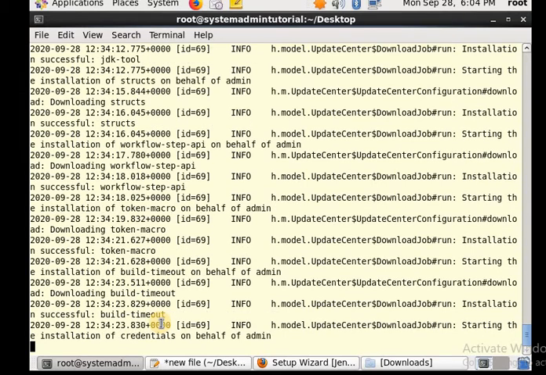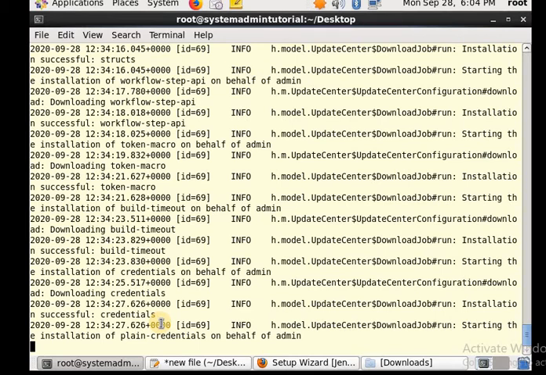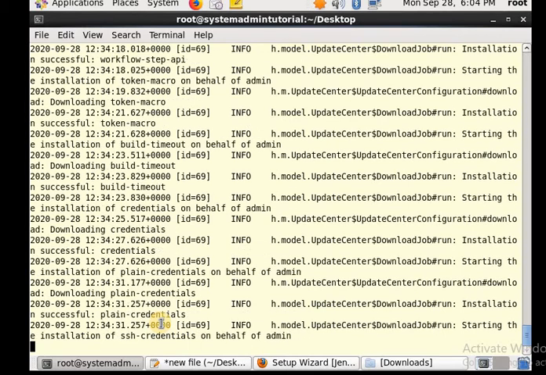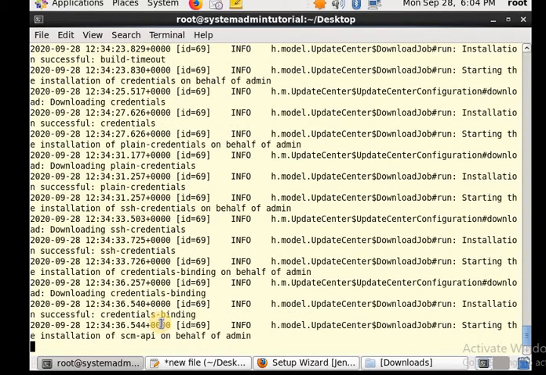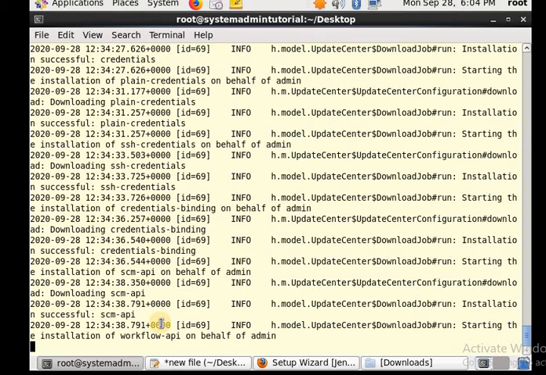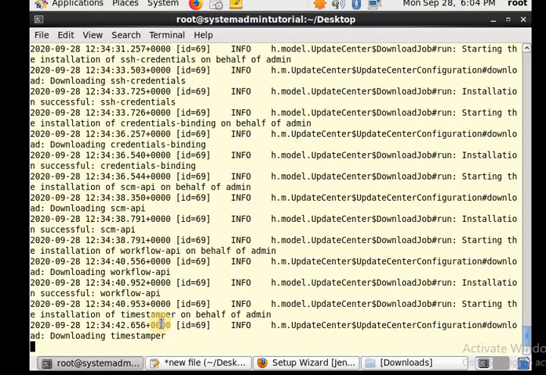Once all the plugins get installed, we will get a login screen, where we have to log in as the admin user with the password. And I will also show you where to find the password which we copied at the time of installation. That password is also stored somewhere, in the secret file. We will see once the installation gets complete.